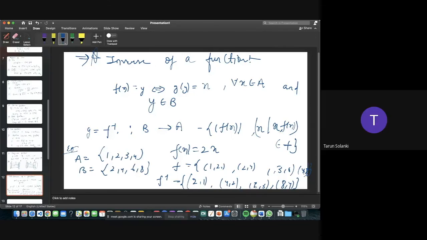So next class we will start with the graphs of functions, and we will draw the graphs for the constant, identity function, polynomial, rational, modulus, signum function, and the greatest integer, least integer, fractional part, reciprocals, exponentials, logarithms, trigonometric functions like sine, cosine, tangent, secant. So all this we will draw. So enough for today.